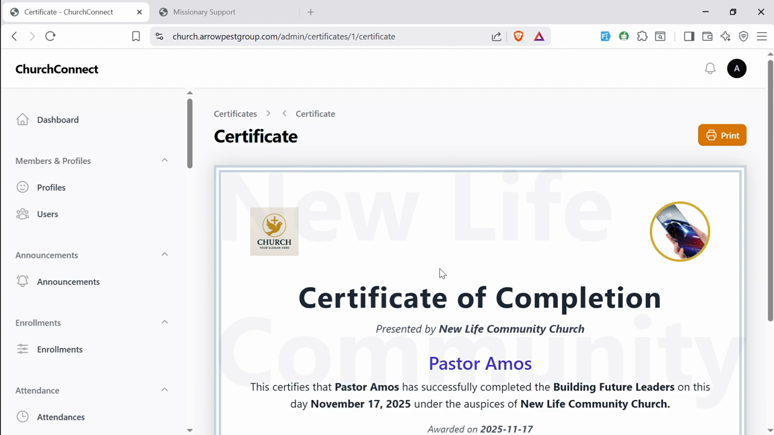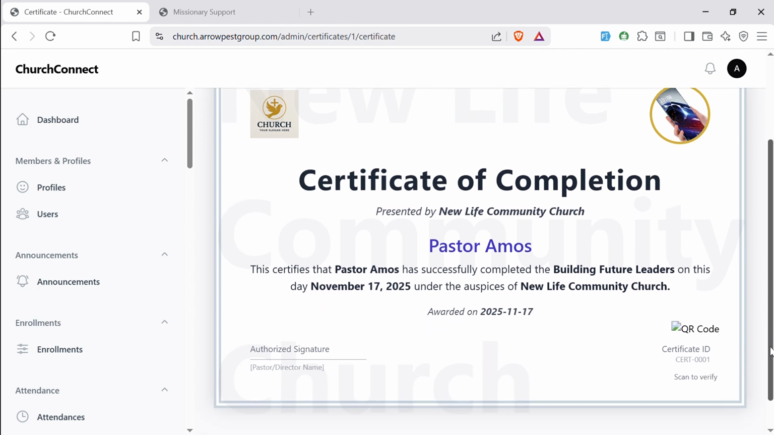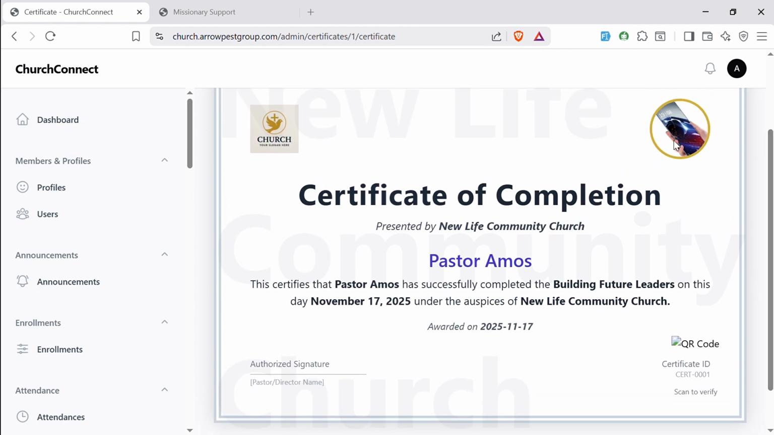So this is the way the certificate looks like. It has a valid signature behind it. You can see the name of the church. It has been watermarked with the name of the church for authenticity purposes. Then this will be the profile image of that member, and this will be the logo of the church. Then certificate of completion presented by the name of the church. To who? Pastor Amos. It certifies that Pastor Amos has successfully completed the building feature on this day,